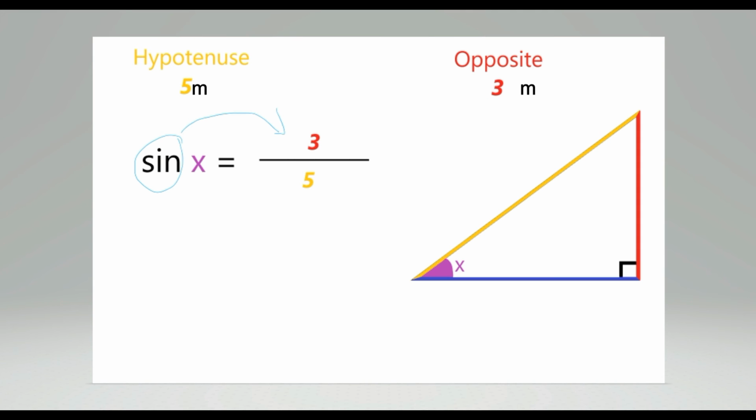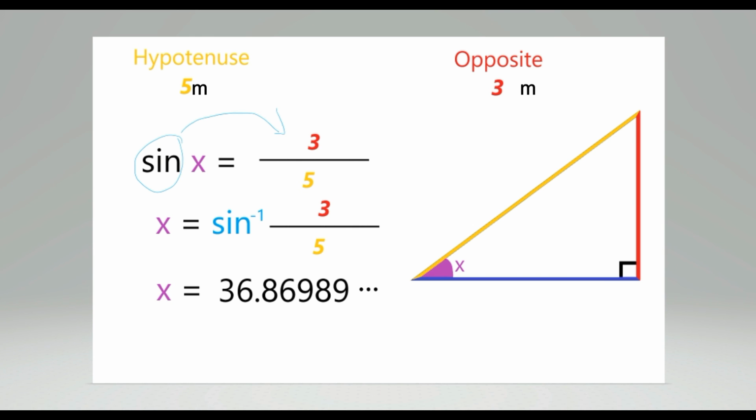Use the button that has sine to the power of -1 on your calculator and place the value of the ratio to find x. When I round the answer to the nearest tenth, the angle equals